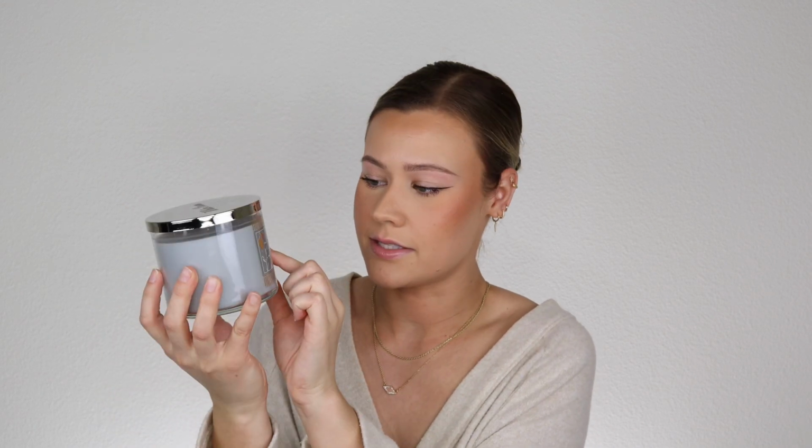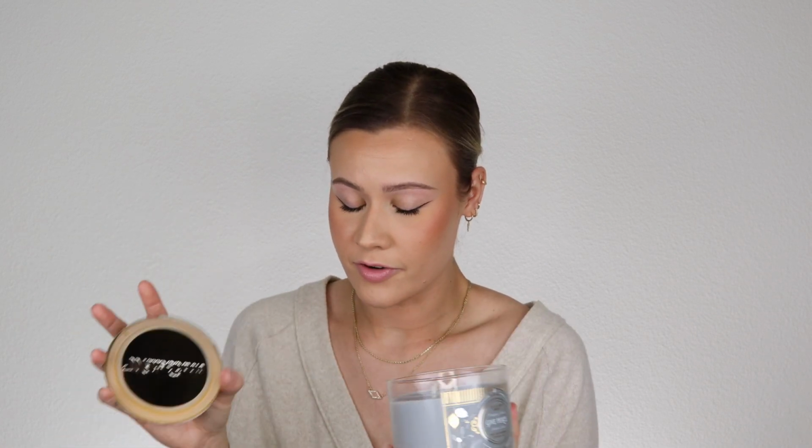And lastly, but certainly not least, oh my gosh, I wish I got a second one of this. I just wanted to have so many different variations. But this is Mahogany Vanilla, and in the packaging the main label says give peace, but it's Mahogany Vanilla. This has warm vanilla, fresh bergamot, and sweet sandalwood. Unreal. I don't smell any bergamot whatsoever, for the record. I just get the vanilla and the sandalwood, and it's very